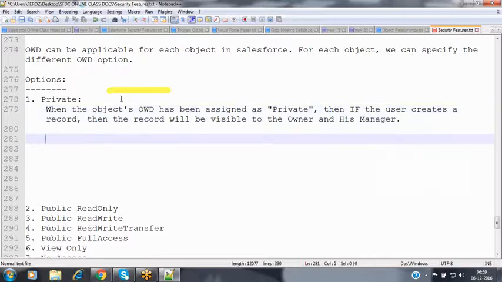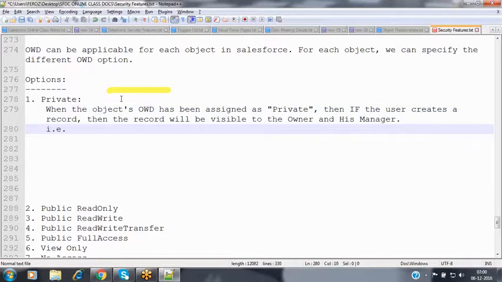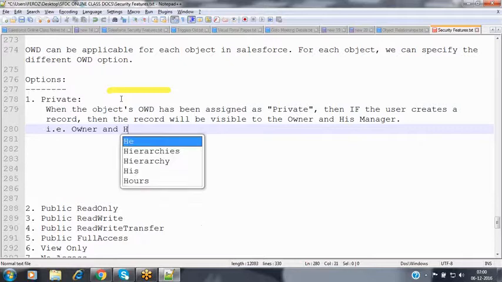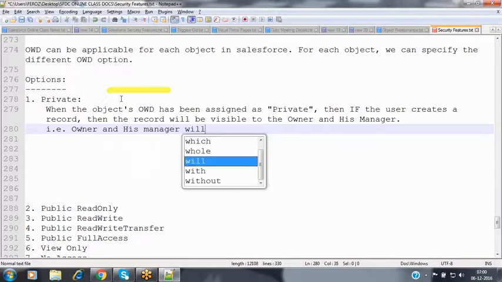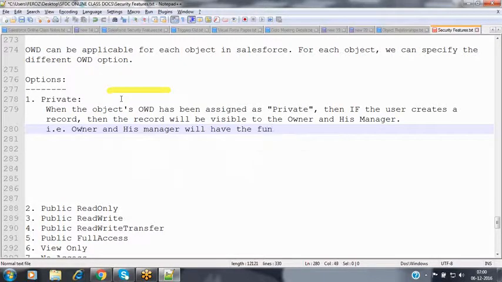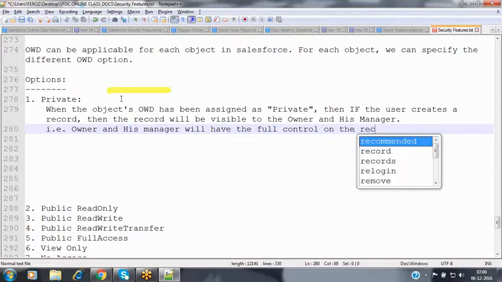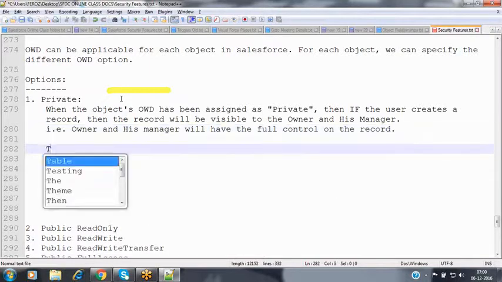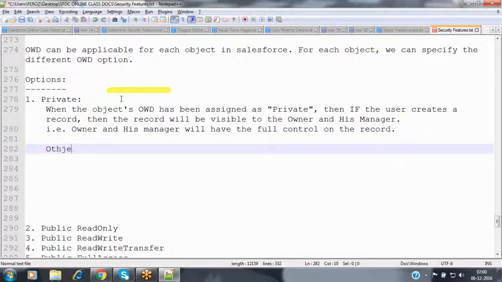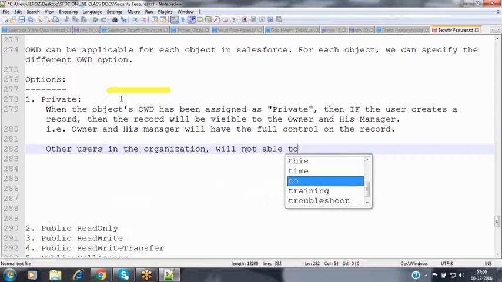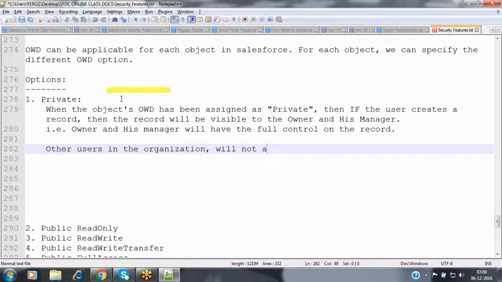The owner and his manager will have full control on the record. Other users in the organization will not be able to access the record.